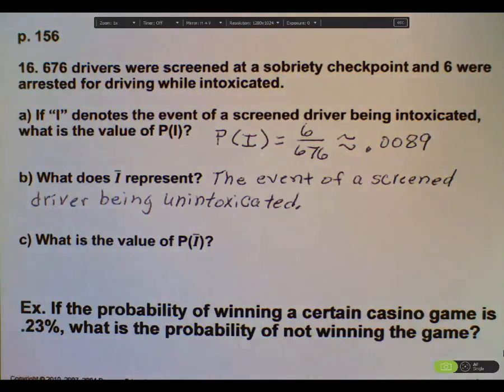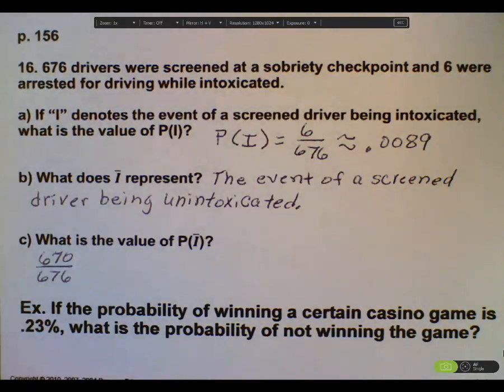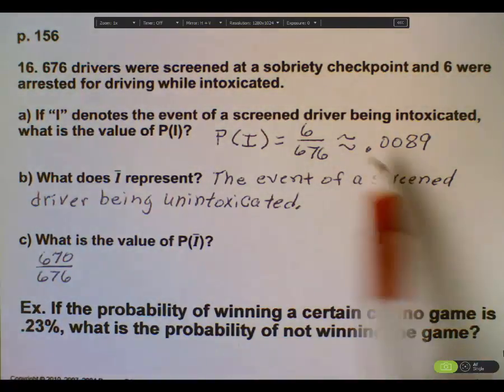The C part says, what's the probability of I complement? There's 2 ways you can find that. One is to say if 6 out of the 676 were intoxicated, how many does that mean were not intoxicated? Just subtract and you get 670 out of 676 were not intoxicated, and you can enter that on the calculator, and it's pretty easy. However, it may be even easier since we already know the probability of a screen driver